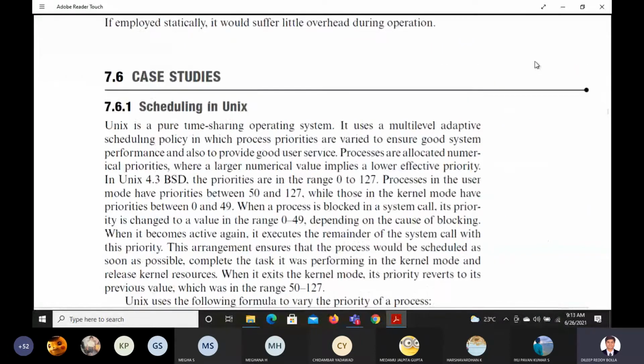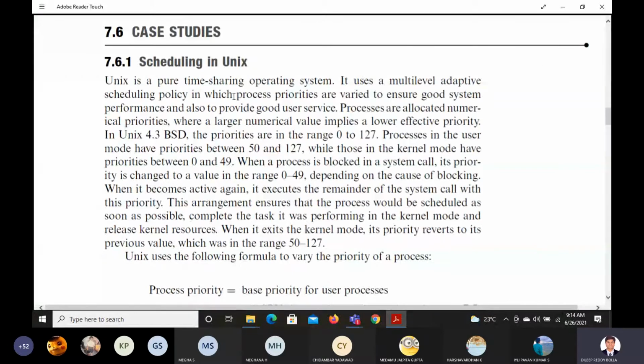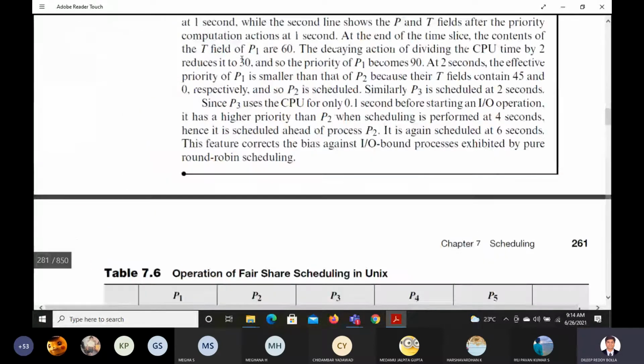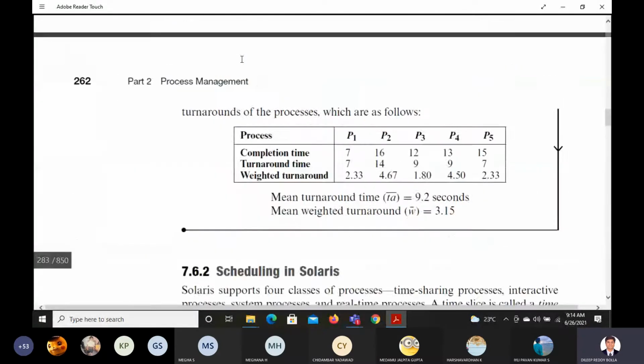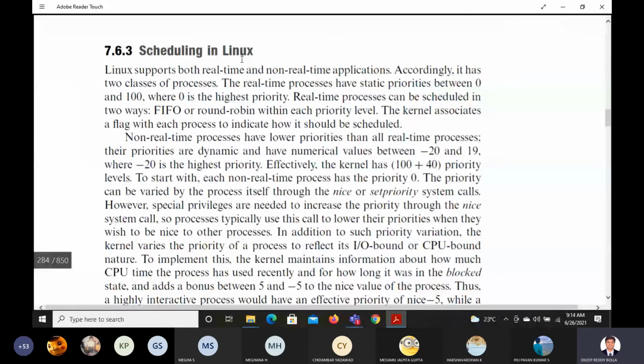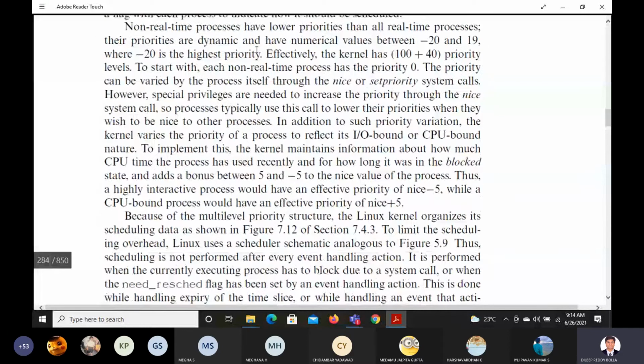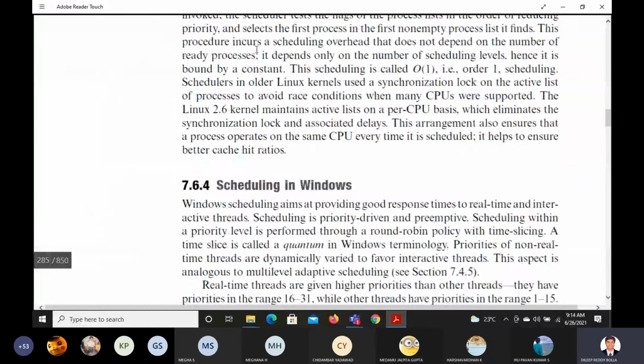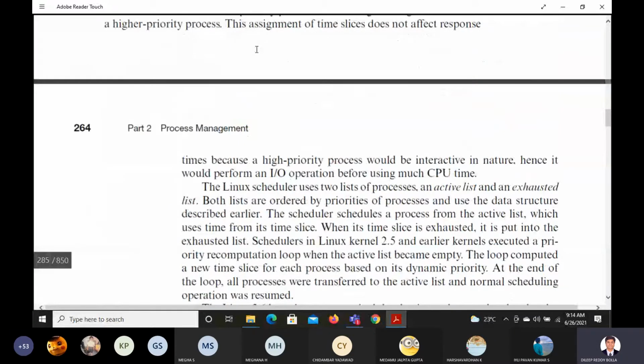Case studies, you see here how the scheduling will happen in Unix and how the scheduling will happen in Linux. 7.6.1 and 7.6.3. How the scheduling is being done in Unix. So this first is given. Can be a probable 5 marks question. Next one is, I'm just giving you an overview of it, like a revision or just a look back. So this one, scheduling in Unix. So this much if you study, okay, your second module is completed. This is not required, only Unix and Linux.